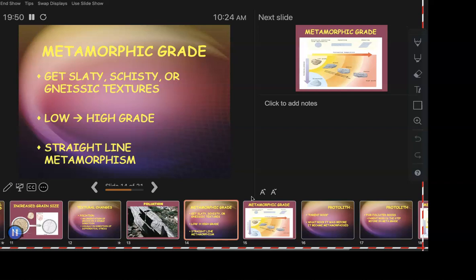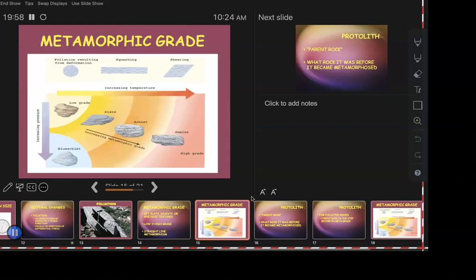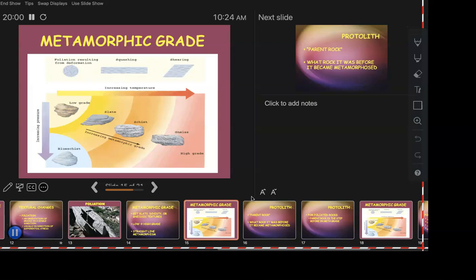All right, and then we've got this straight line metamorphism, which again is something I'm going to teach you in lab. Well, here there's a slide for it, but still we're going to teach you in lab. So within that gradation, we do have stopping points that we recognize. All right, you take a piece of mudstone, you throw it in that metamorphic oven, you leave it there for a little while, it turns into something we call slate. You leave it in the oven longer, that slate turns into a schist as the crystals start to get bigger and bigger, and then all the way through till gneiss.